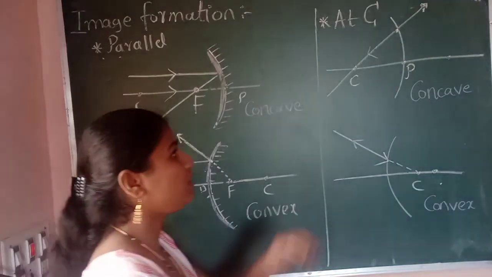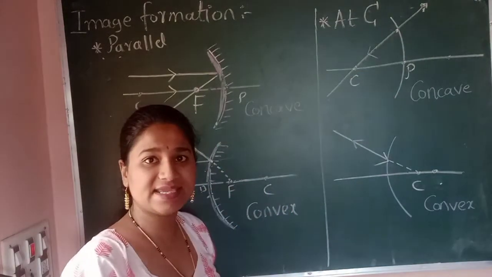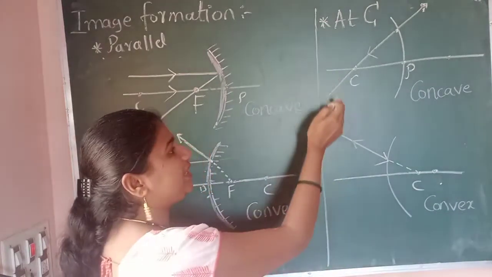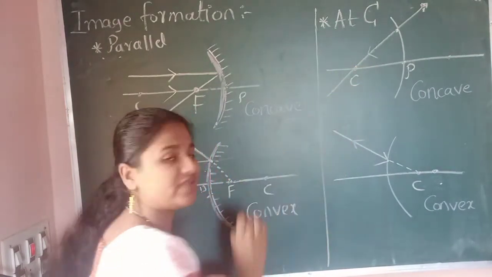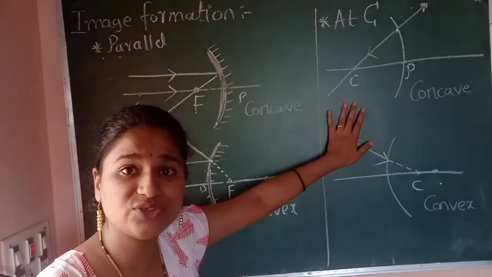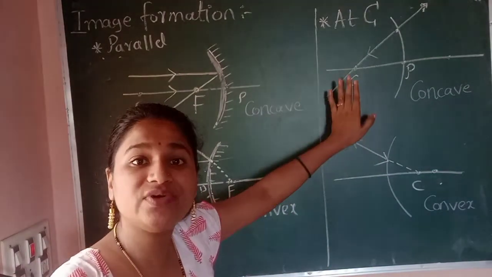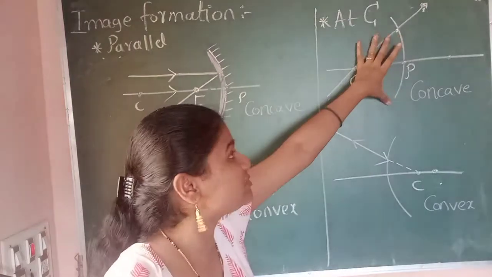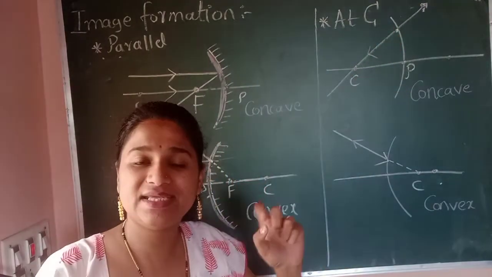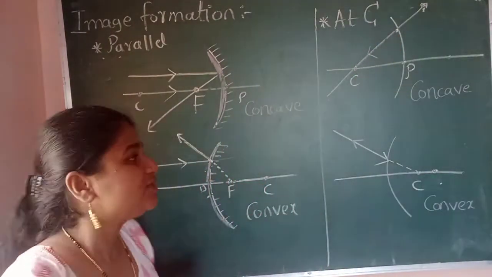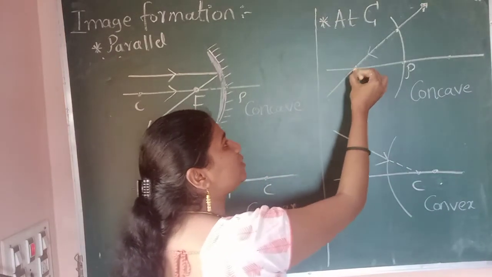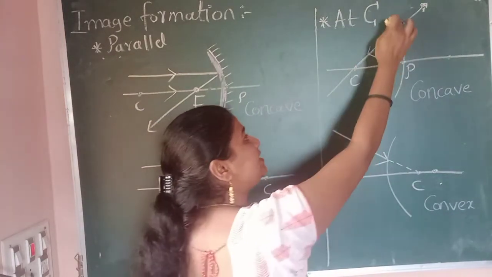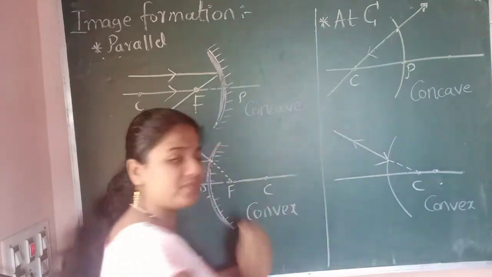Now let us go to the second case, when a ray of light passes through the center of curvature. What is the center of curvature? It is the center of the sphere from which this spherical surface has been derived. So when a ray of light passes through the center of curvature and is incident on a concave mirror,